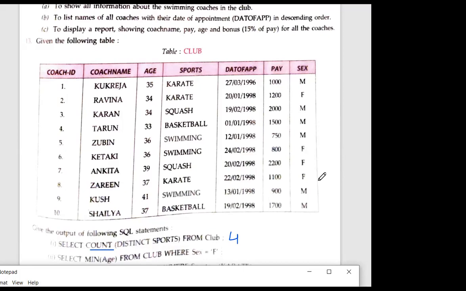Prince correct. Karan correct. Twinkle correct. Anshika correct.